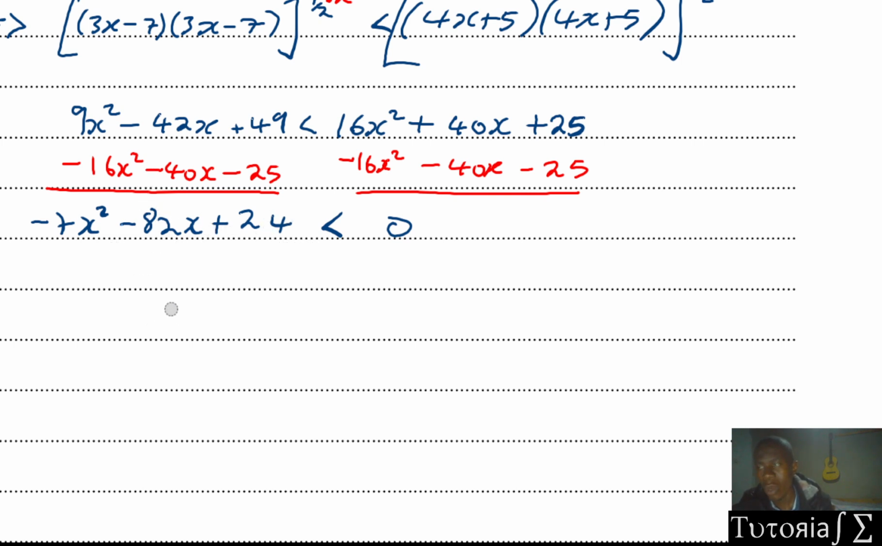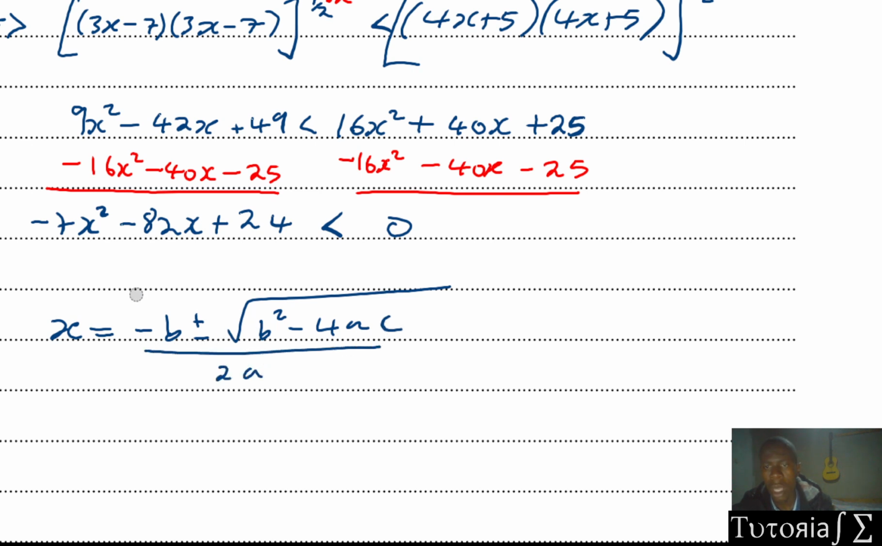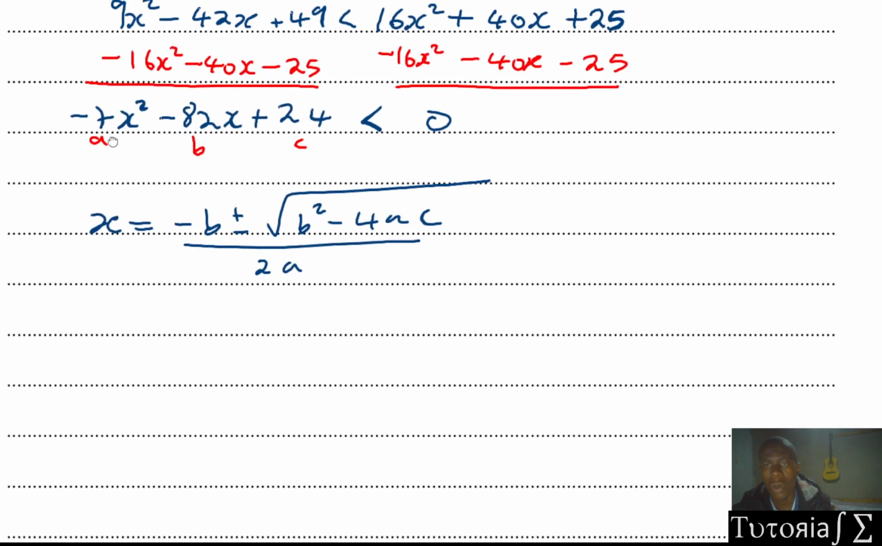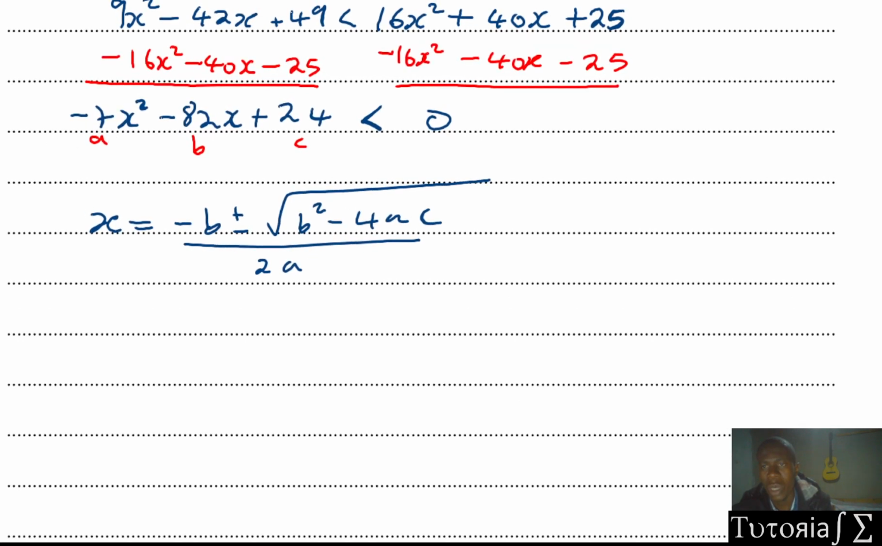So you can use the quadratic formula. Using the quadratic formula, we know that x is equal to negative b plus or minus the root of b squared minus 4ac all over 2a. So in this case, our a is negative 7, our b is negative 82, and our c is 24. So replacing in the equation,